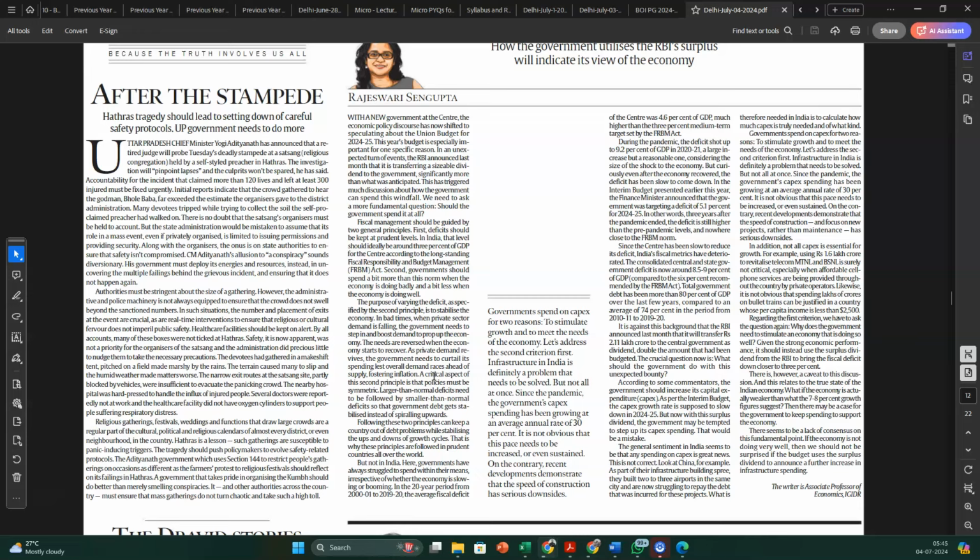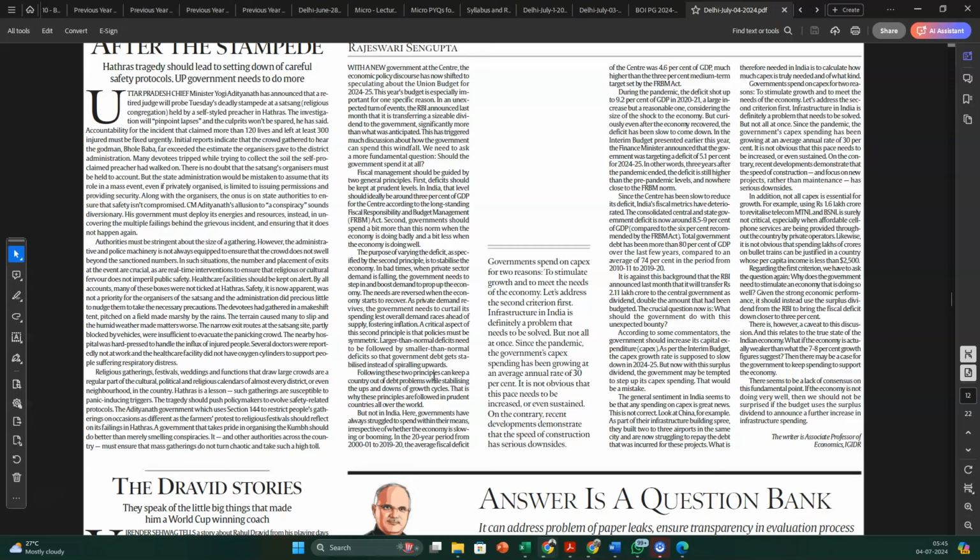What this also shows is that because the center has been slow on fiscal consolidation, the states' fiscal deficit is also high, and so is the overall debt to GDP ratio. This is something that you should know, folks, as an economics student, both for GS and economics. The total debt to GDP ratio should be around 60%, but it was around 80% recently, and in the last few years it is averaging around 74%. Now, the issue is what the government should do with this 2.11 lakh crore rupees that it is getting. Should it invest in infrastructure? Should it go for capex, or should it reduce the deficits? The author basically says that the government should reduce the deficits